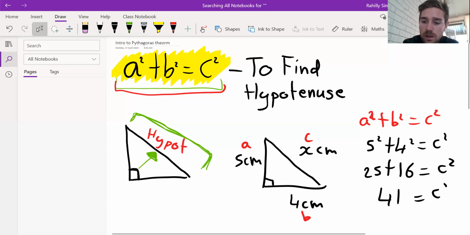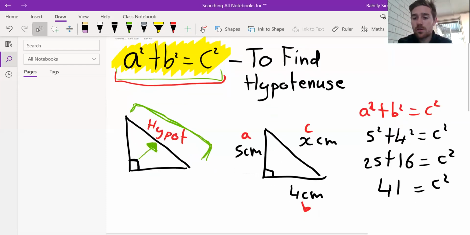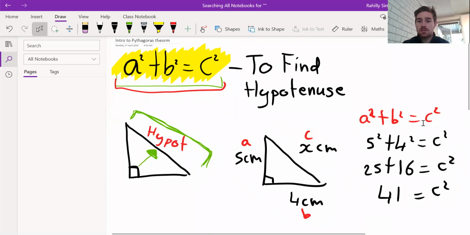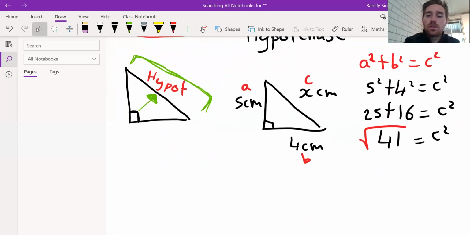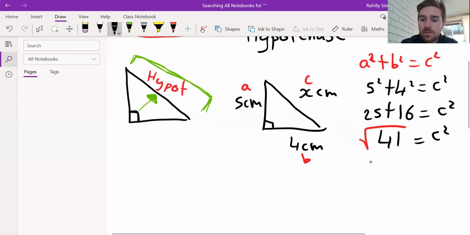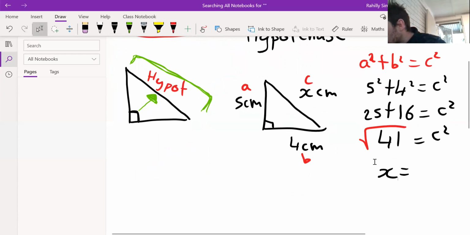equals c squared. Now, our answer is not 41 because that's giving us the answer of c squared. So the final step we need to do, find the square root of 41. Do that on your calculator, square root of 41. Calculator's turned on. Square root of 41 is 6.4. So our x value equals 6.4